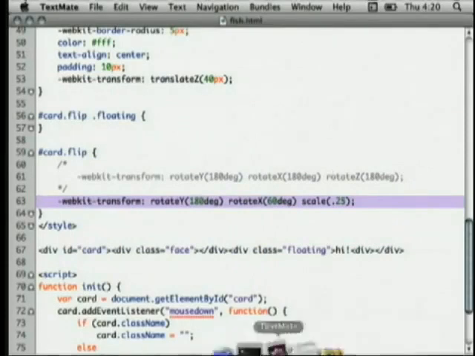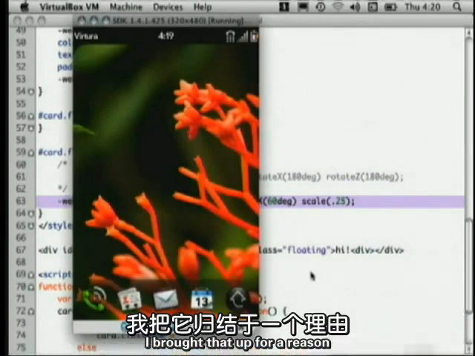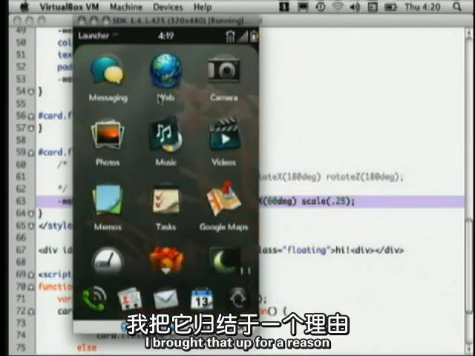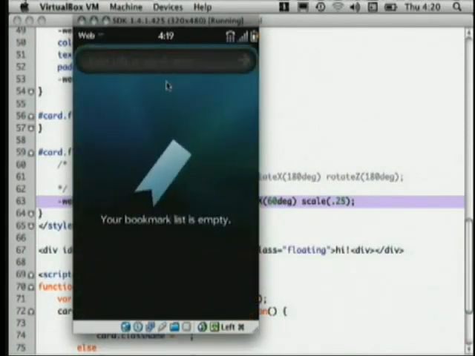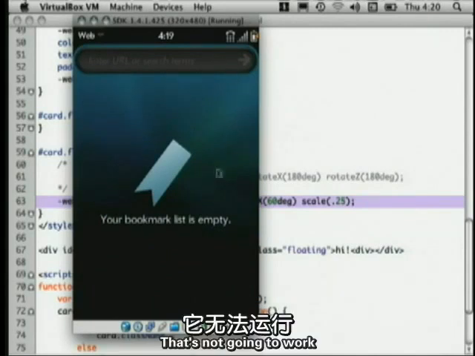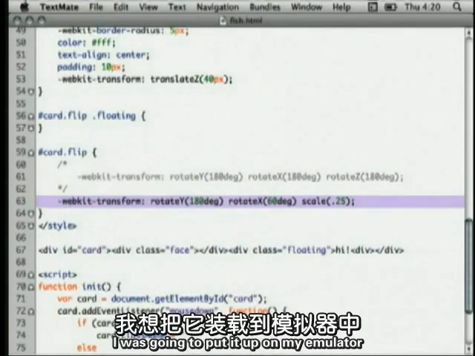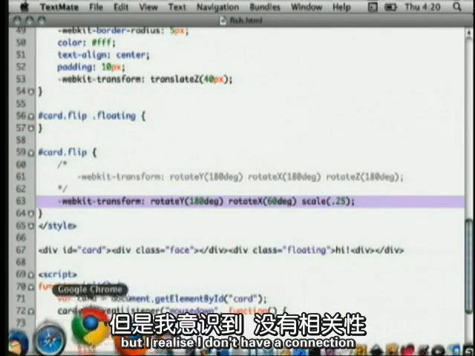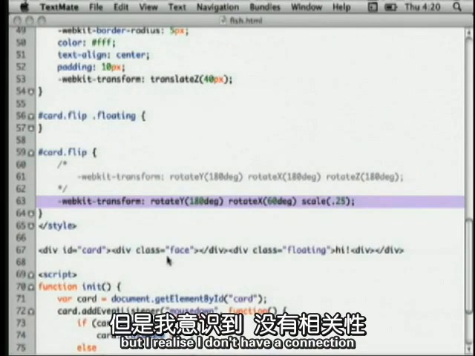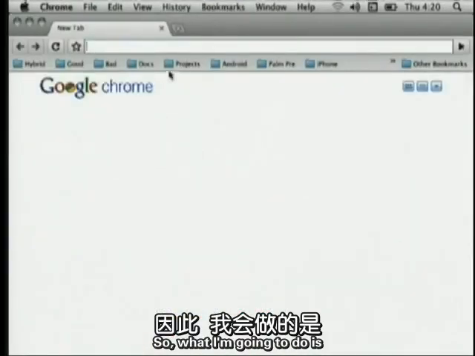All right. I pulled that up for a reason. Ooh, that's not going to work because of the web address. Okay, never mind. I was going to pull it up on my emulator, but I realized I don't have a connection. So what I'm going to do,